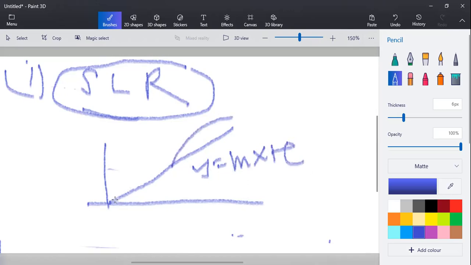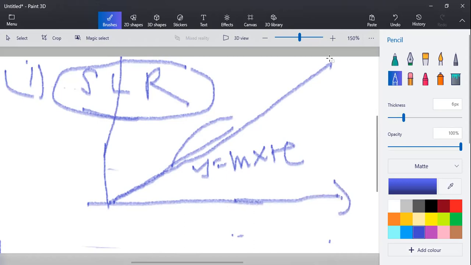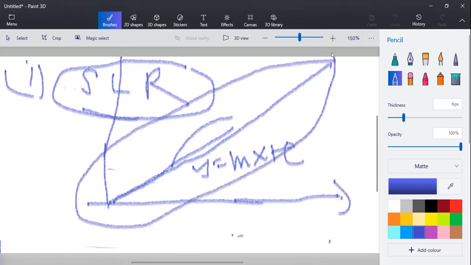Since the line is continuously moving, we call it in a statistical way the simple linear regression. And from the mathematical point of view, if the line increases like this, then it is called